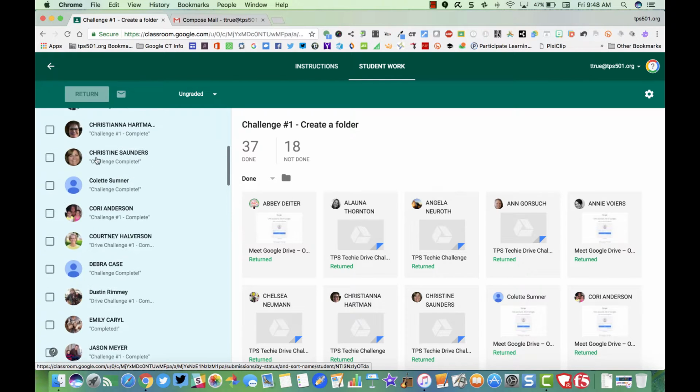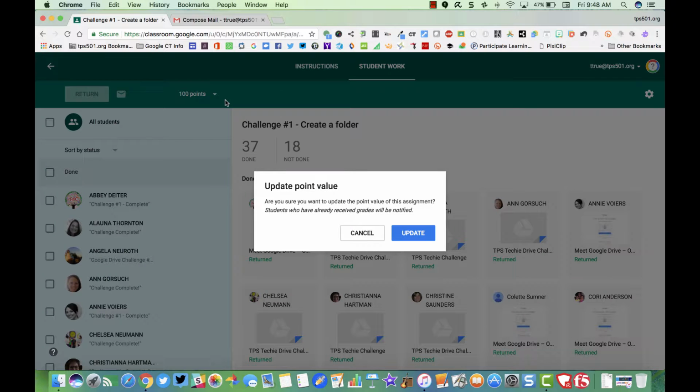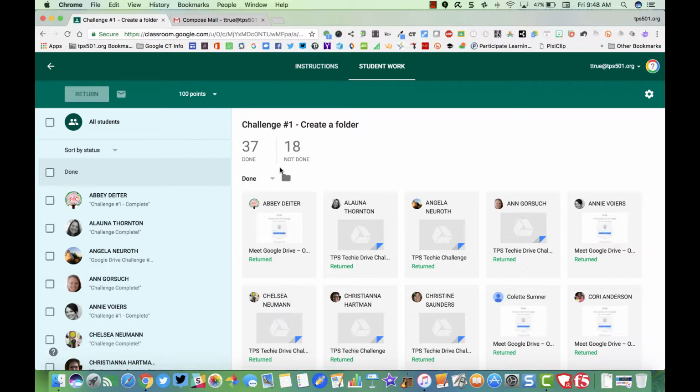Now in this case, for this class, these assignments are not graded because they're teachers. But right here is where you can assign a grade to the class. So maybe your assignment's worth 100 points, and you have to do point values. There's no letter grades or anything like that. So you do put the point values in there, and to give grades you just would put in the points like that, and you would save it,